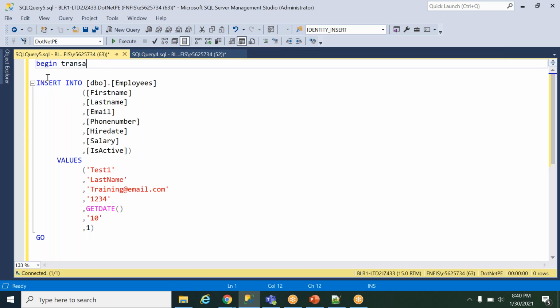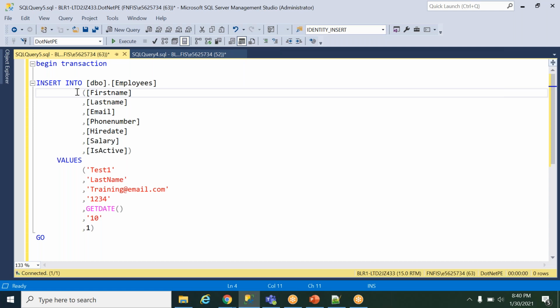giving transaction. I'm putting it because when we are doing any DML operations like insert, update, delete, any operations, transaction is very useful. I guess you already know the concept of transactions. If you know, I'll just give you one brief explanation about it. Transaction meaning you are inserting the data, you are performing some actions on a particular table. For example, I'm inserting the employee details. Based on that employee ID, I want to insert the address details also in another table.